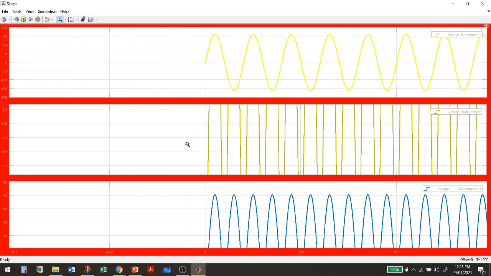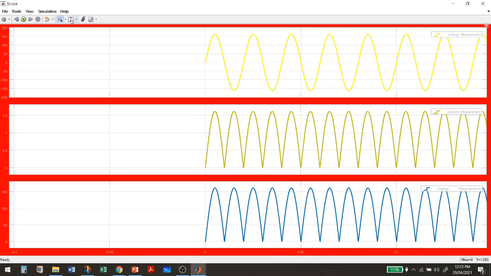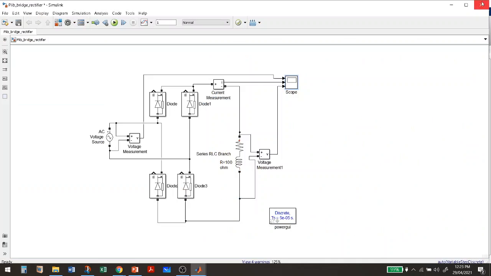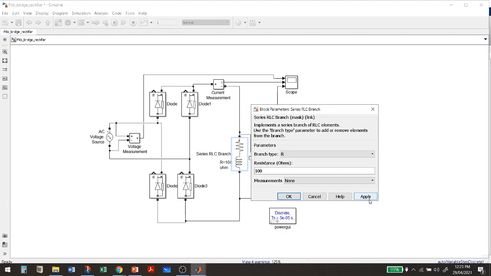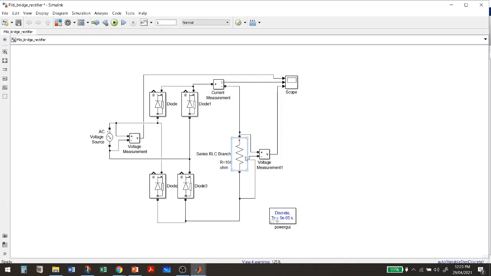So there is a variation in the output. Similarly, now instead of R I will make it RL. You can even go for an RLC circuit also, but you need to know about its values. By default values are there.